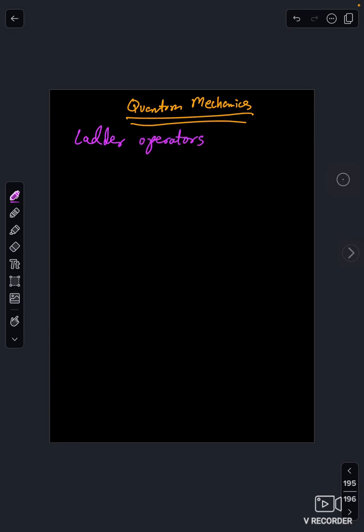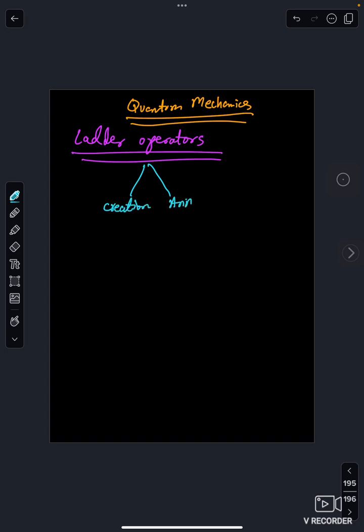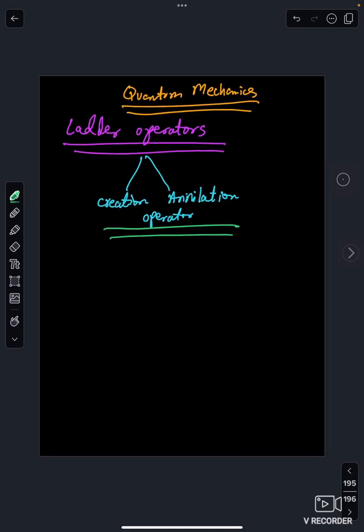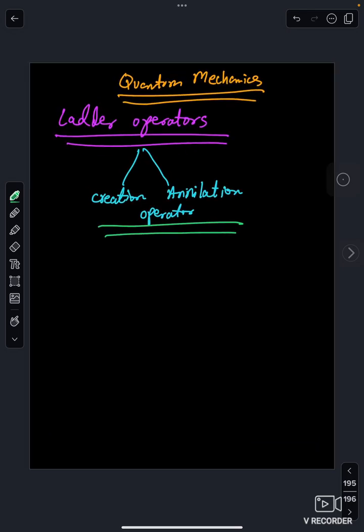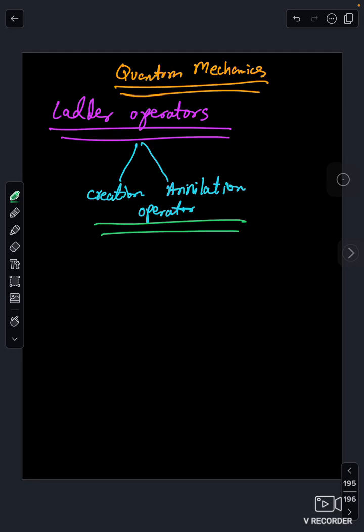What I mean by ladder operators is, if I take them into two parts, one is the creation operator, the other one is the annihilation operator. Now we will learn the reason behind why they are known as the creation and annihilation operators. But before we talk about them, we need to study one more topic,